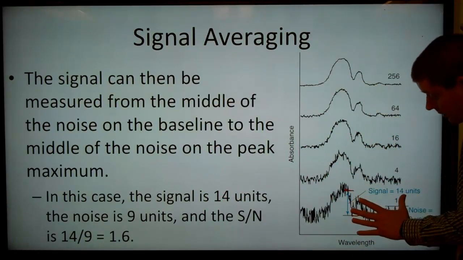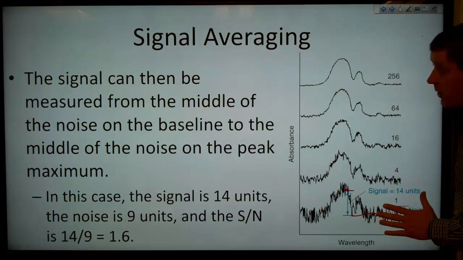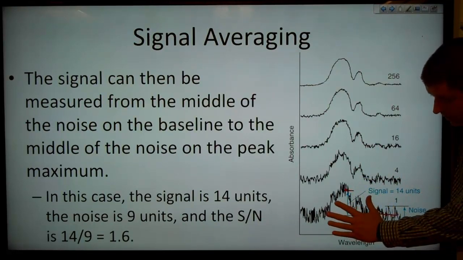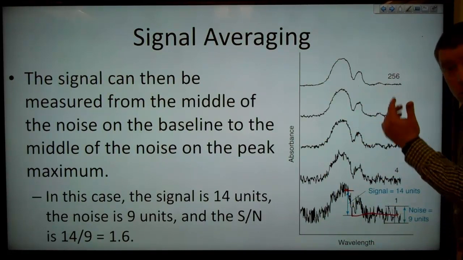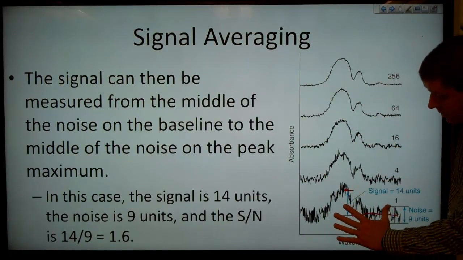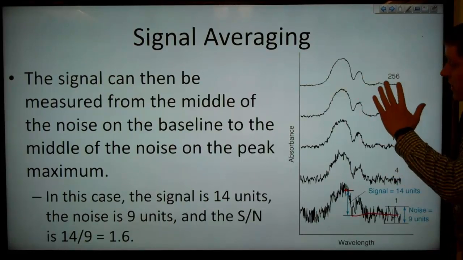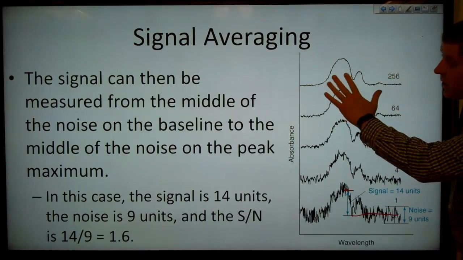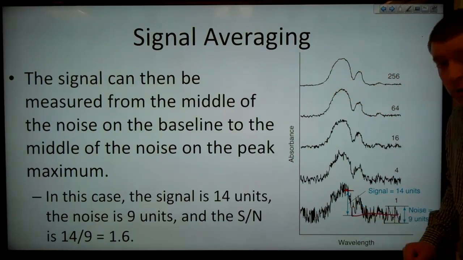And so if we average together multiple spectra, then the noise is going to tend to cancel out, but our signal will tend not to cancel out because our signal should be there in every spectrum, and so we're essentially multiplying our signal. So if we have 256 here, you can see a nice clean spectrum compared to our spectrum